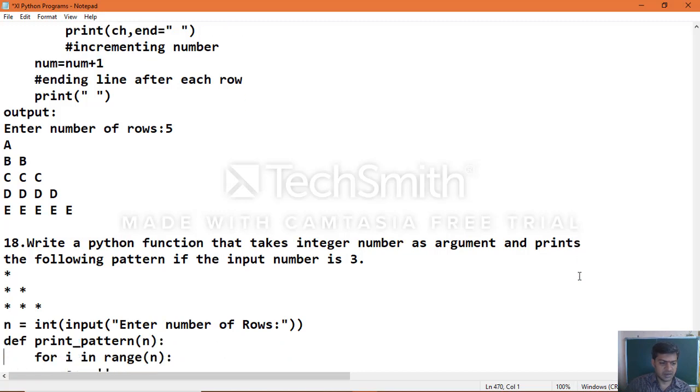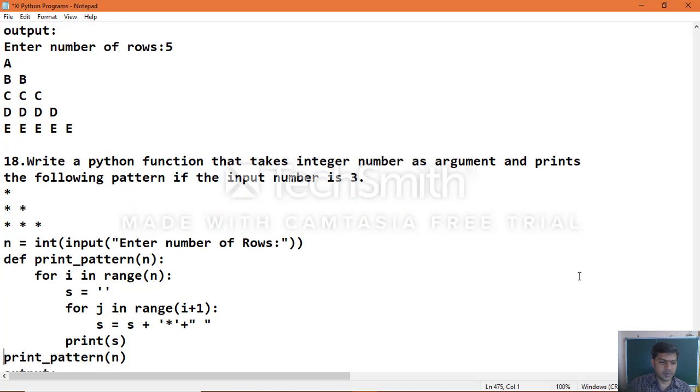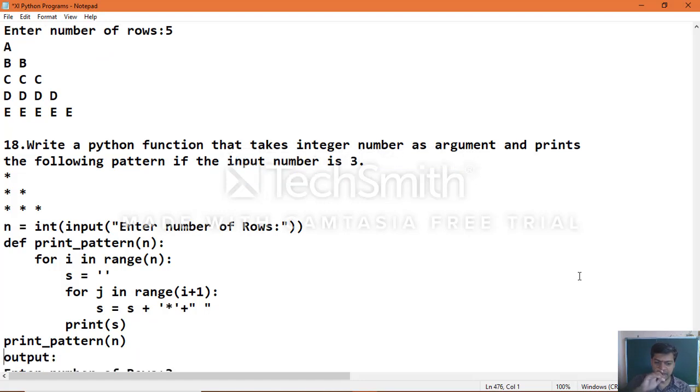For that, n equal to int of input of enter number of rows, def print pattern, and for i in range, then s equal to empty, for j in range i plus 1, s equal to s plus the star character and a space, which we add to store in the s variable, then print s.